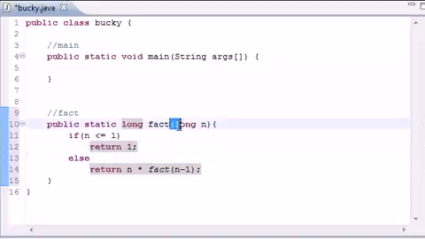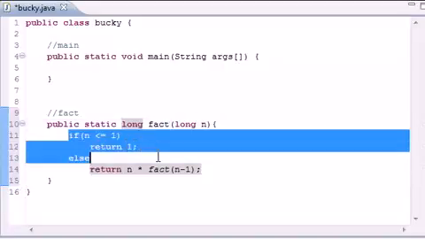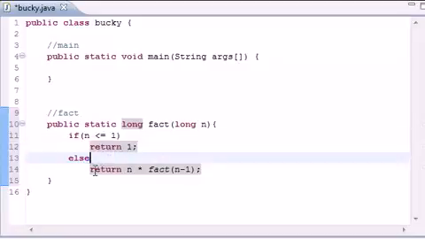So what it's going to do is this. If you gave it like 5 to begin with, it's going to say, alright, this isn't 1, so let's just go to this. Return 5 times fact of 4. So it's going to pass 4 into this method, and now this method is going to have 4 in it. So it's going to skip all this, and say, alright, for this one I'm going to return 4 times 3 factorial. Alright, keep going. I'm going to return 3 times